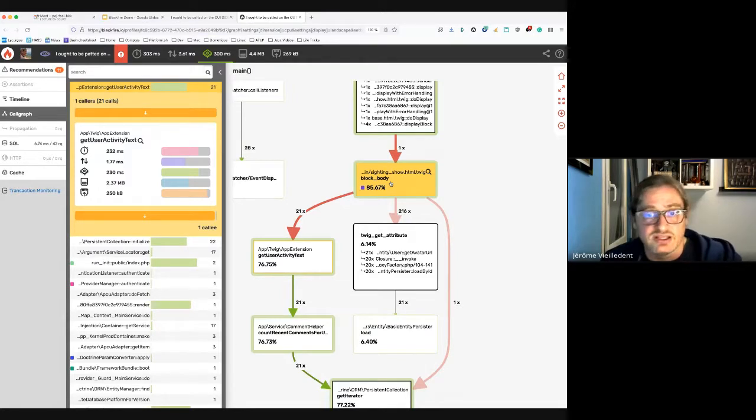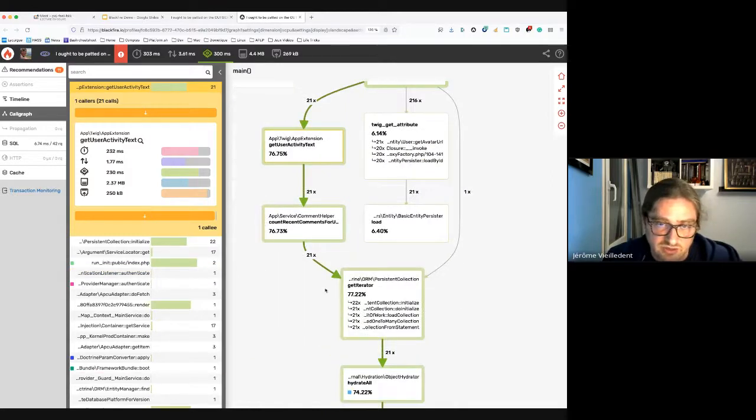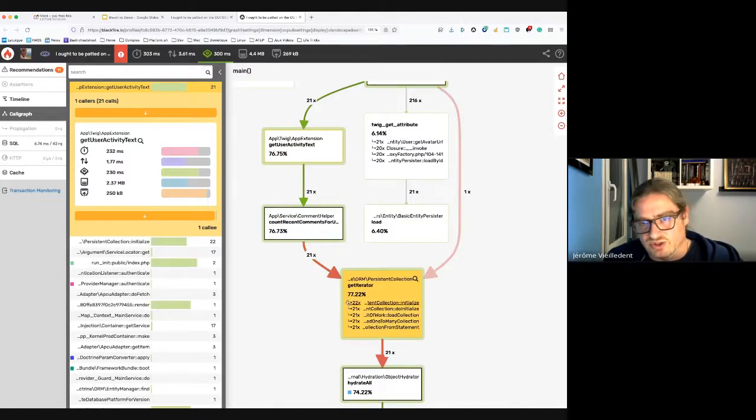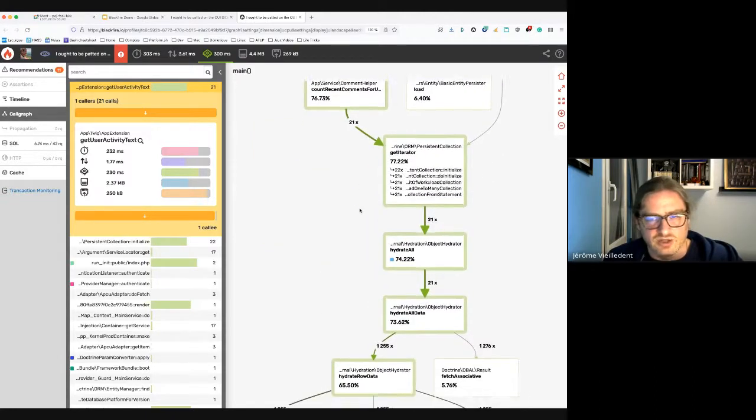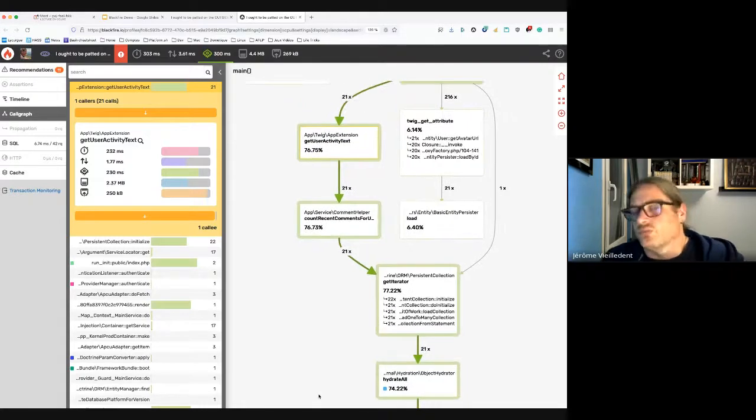We know that's where the issue is, especially because if you look at the numbers here, this function has been called 21 times, and called 21 times a persistent collection. We might be in the presence of an n+1, because it triggers the 1200 times the hydration process. So, well, we know where to look.